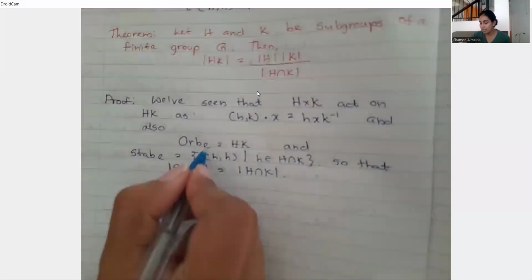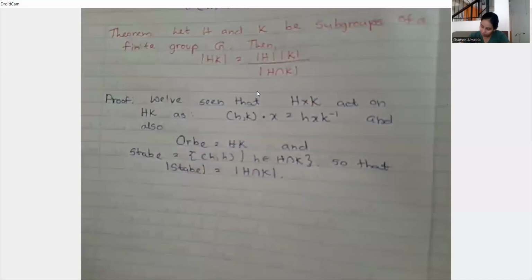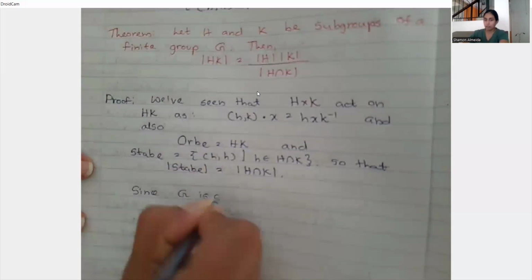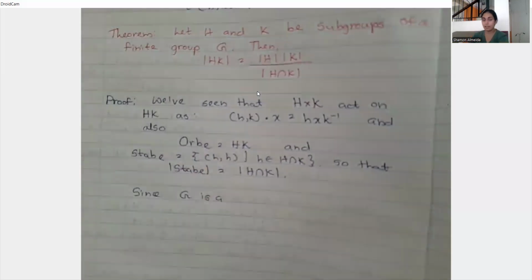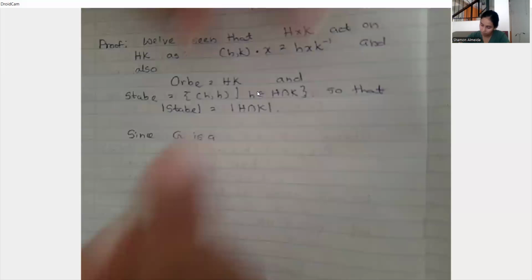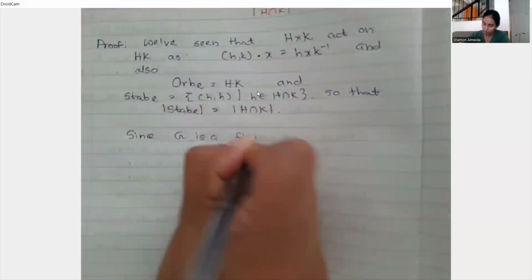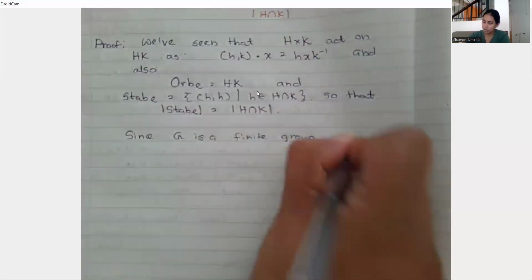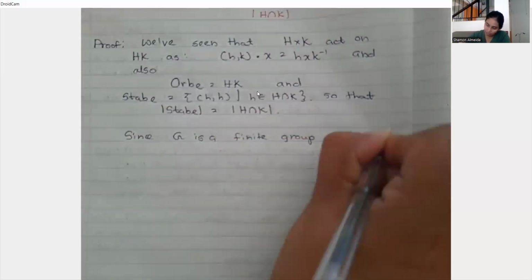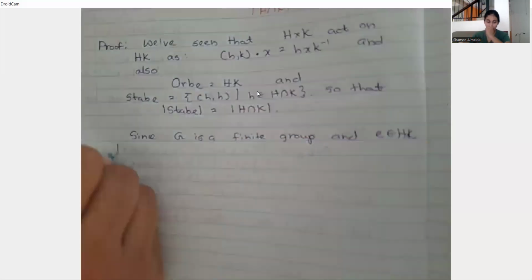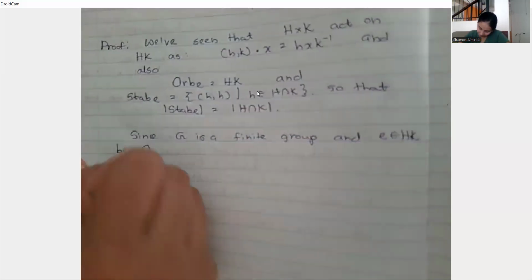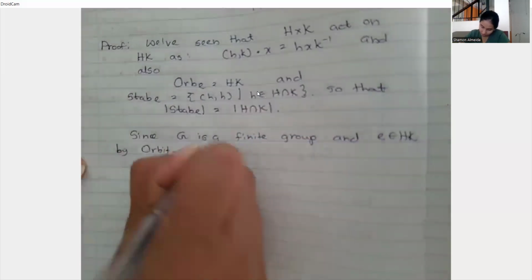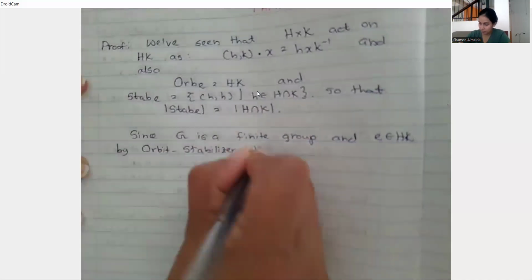For the identity e that is in HK, since G is a finite group, and e is in HK, by the orbit stabilizer theorem,